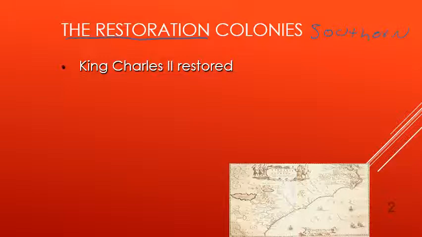Cromwell ultimately dies. The English Civil War kind of resumes a little bit, but what they end up essentially doing is just restoring things to the way they were before, and they put in power King Charles II, who is Catholic. So that's why they call this the Restoration period in England, because the monarchy is restored, Catholicism is restored, and everything is the way it was before again in England. Okay, so the Restoration colonies, we get the restoration of King Charles,